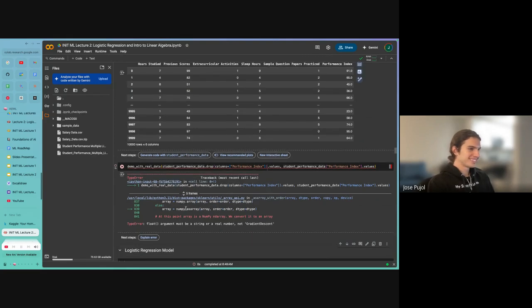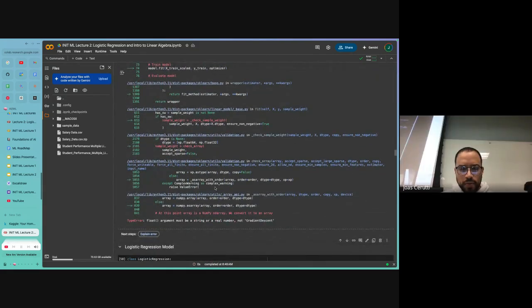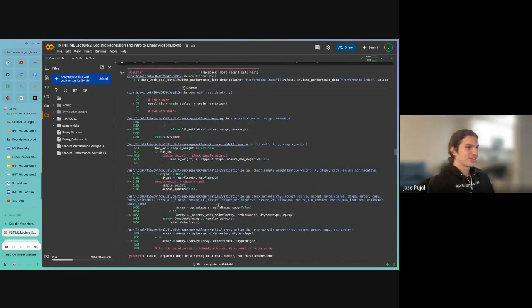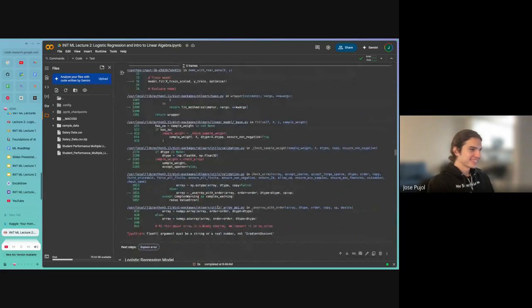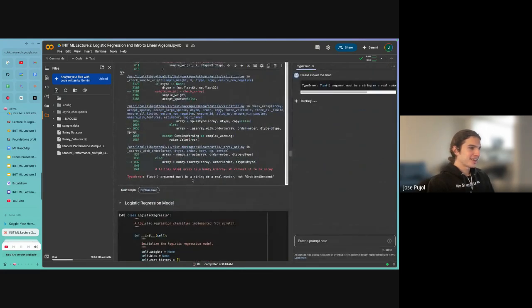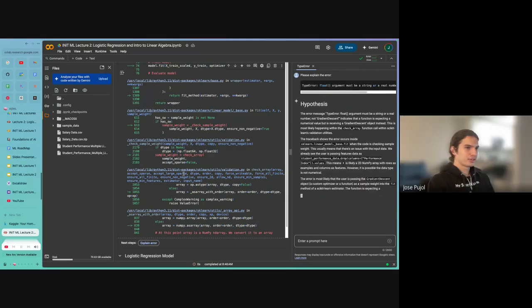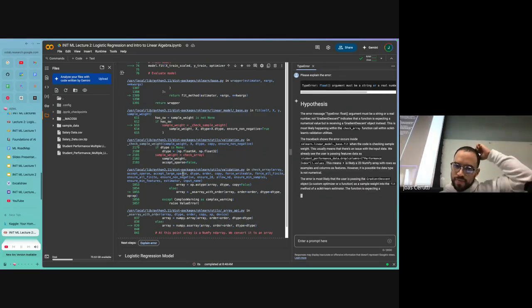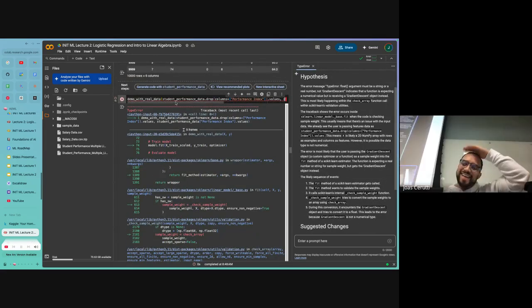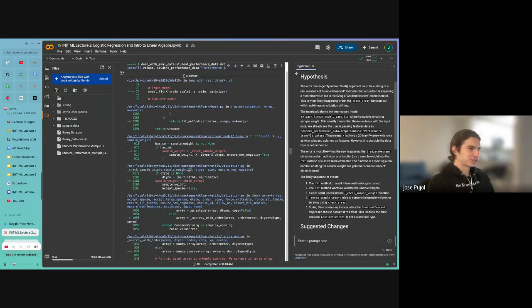Bro, for real. What happened here? Let me see. We converted not gradient descent object. Excuse me. Yo, Gemini, help out here a little bit. Okay, so let me go back to where this is. Wait, did I use sklearn? No. Did you not use it? No. This is a demo with real data. Oh, hold up. Now Gemini is tripping too, bro.